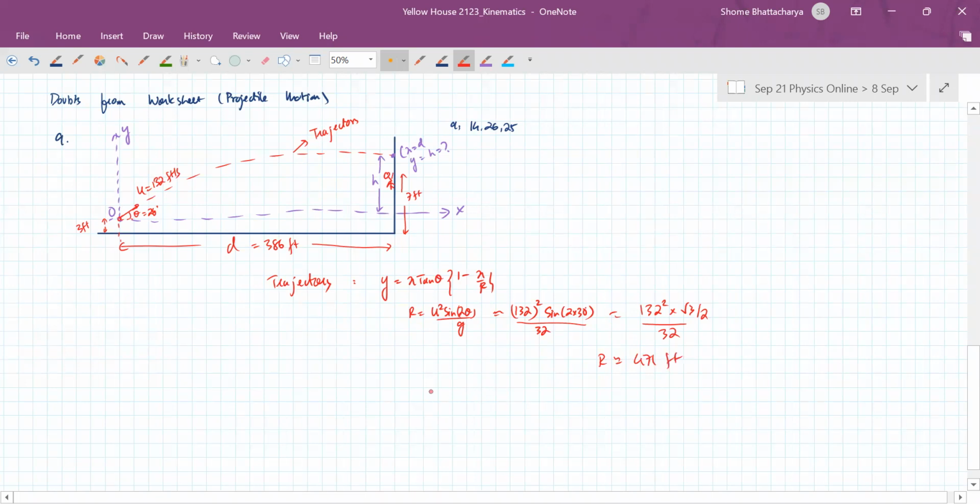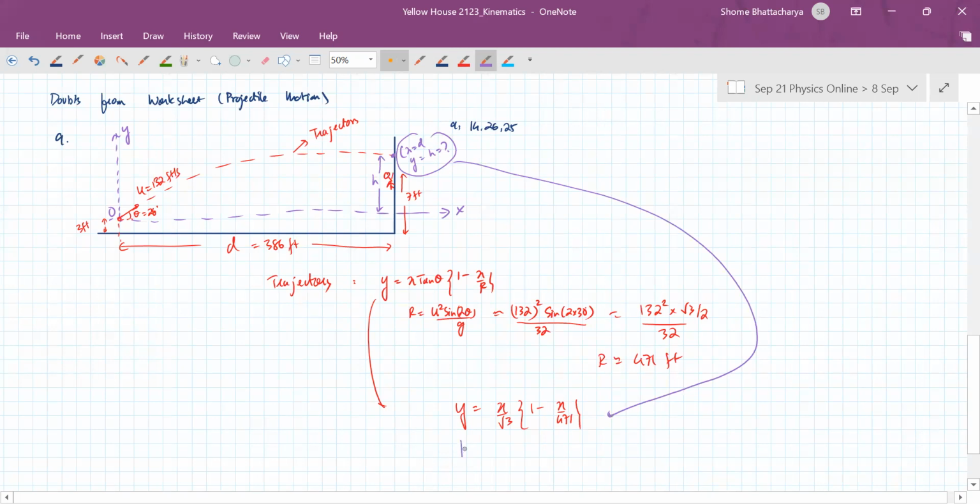Okay. So my equation of trajectory is y is equal to... Now to find h, we'll just substitute this value here. So h, which is the unknown, is the x coordinate, which is 386. So this will be approximately